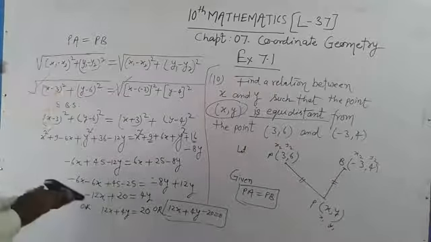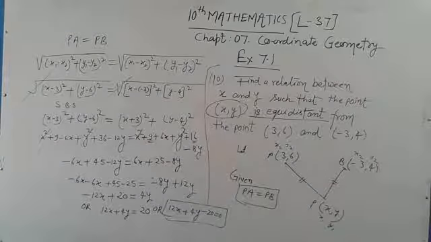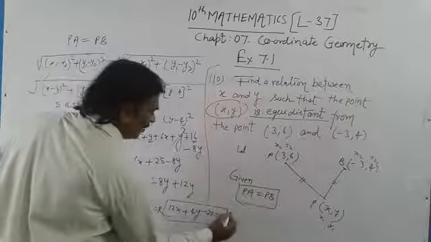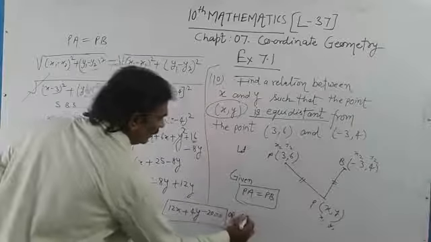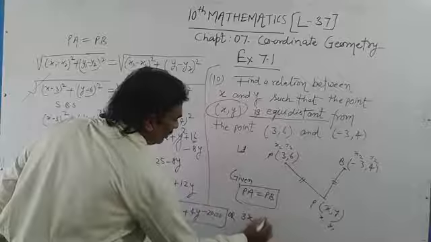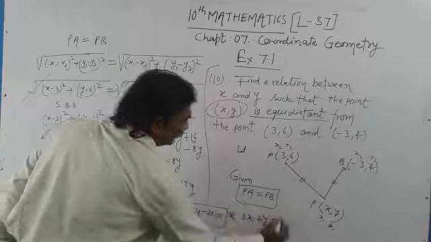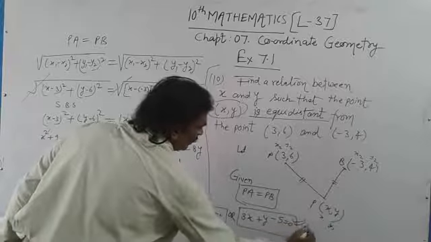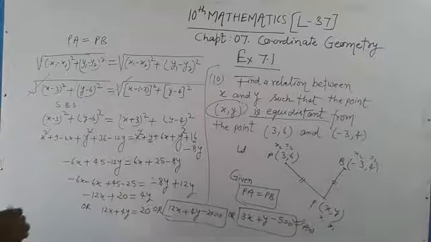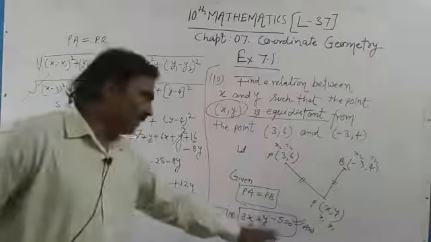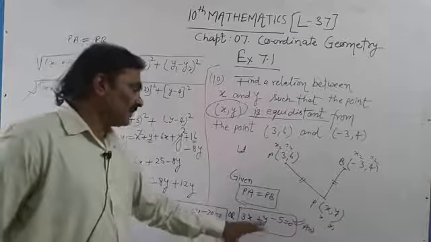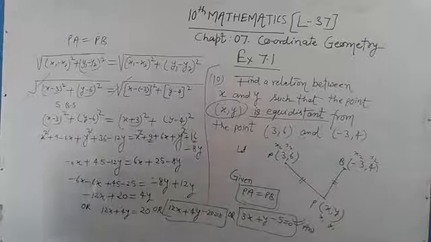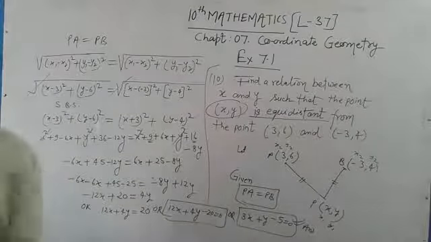Okay students, now if we want to further simplify, divide by 4, so 4 threes are 12, plus 4y, 4 ones are 4y, minus 4 fives are 20, is equal to 0. So this is the final relation and your answer. Okay friends, 3x plus y minus 5 is equal to 0, or you can say 3x plus y is equal to 5. This is the relation between x and y. So this is the final answer. Okay students, write down this solution.